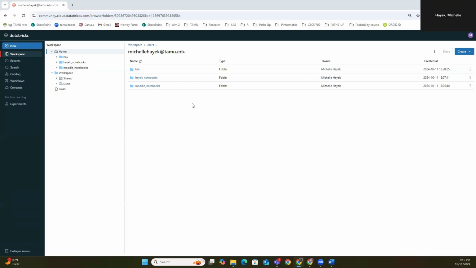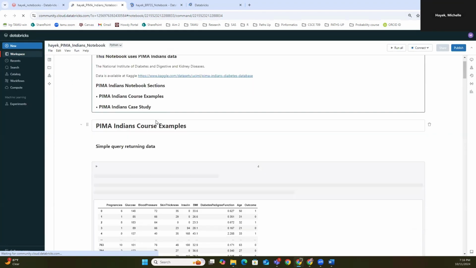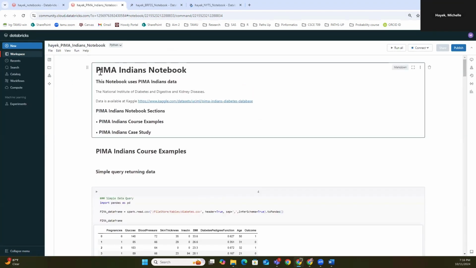After organizing our folders, the next step we want to do is open the 3 notebooks. So I'm going to open the Pima Indians notebook on one tab, then the BRFSS, then the NYTS. So first, we can see in the title, this is the Pima Indians notebook, and we can see that the